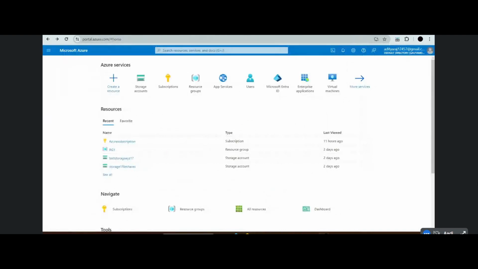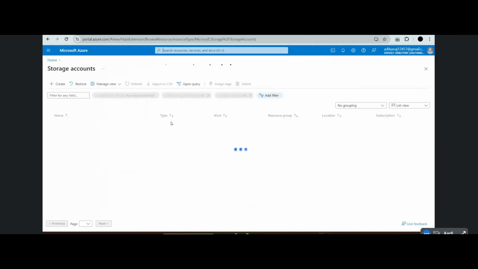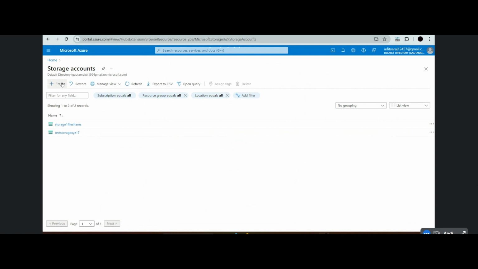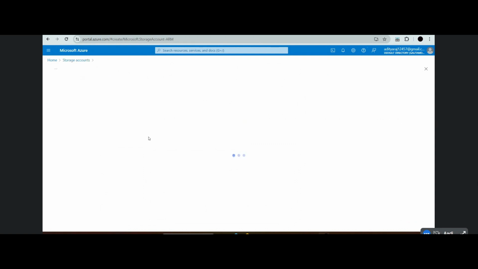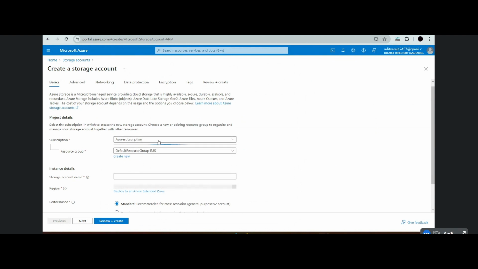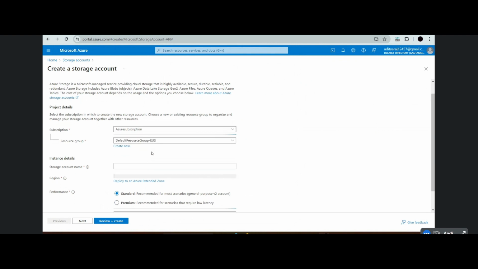So let me create one storage account on the Azure portal. We will create one storage account. Create. Subscription is already selected.